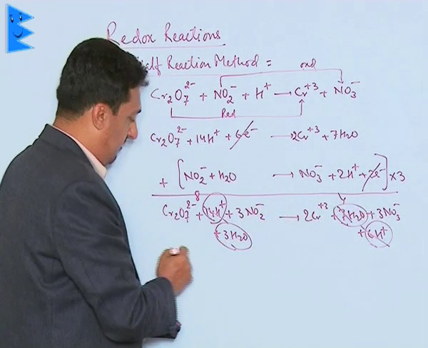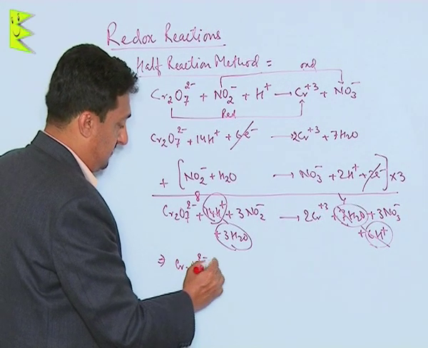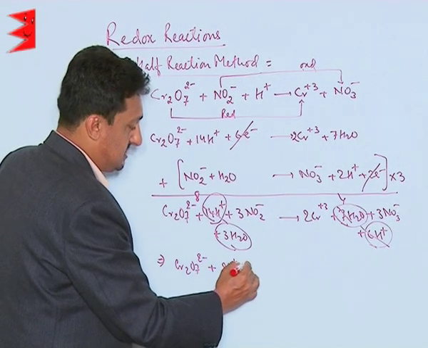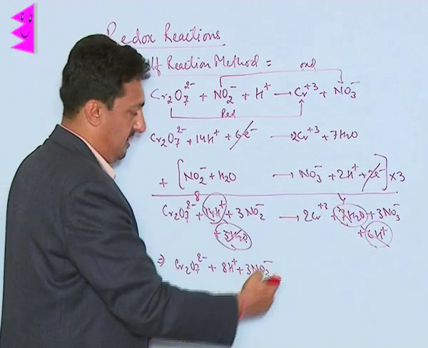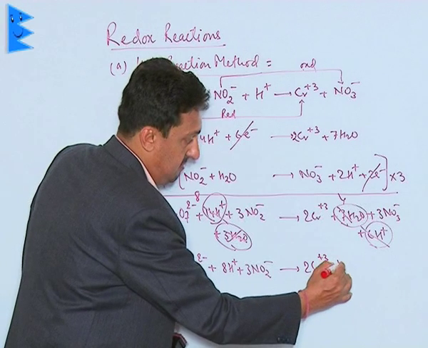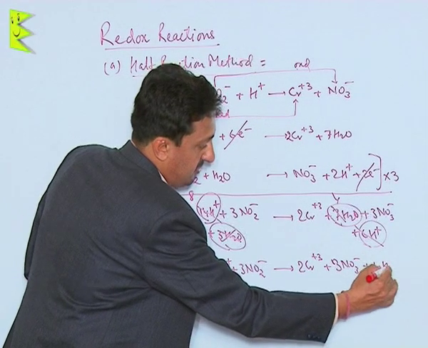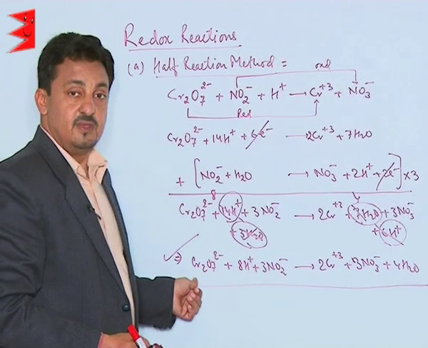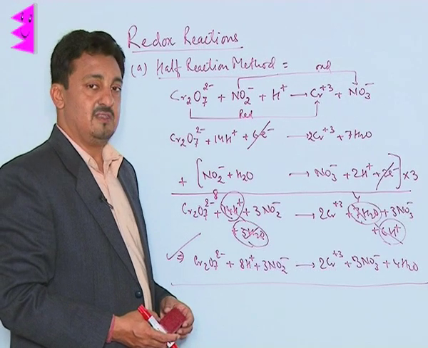4 are produced. So we can rewrite this equation as Cr2O7 2 minus plus 8 H plus ions plus 3 nitrite ions. This gets cancelled, as you have been knowing here, the net 4 water molecules come on the right hand side, followed by 2 Cr plus 3 plus 3 nitrate ions plus 4 water molecules. So this is your net balanced equation at the end. So this is how we can balance the redox reactions given in the form of ions by the half reaction